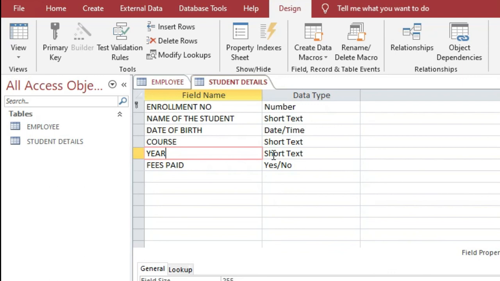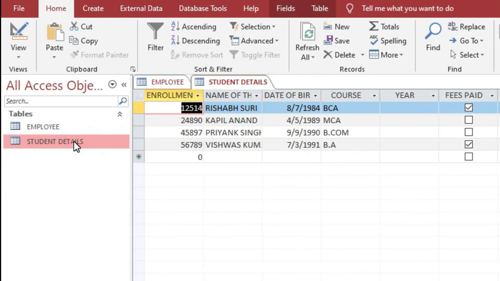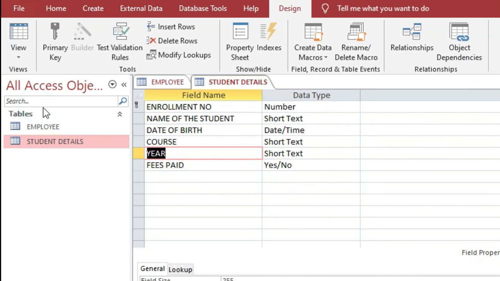Okay, now if you want to delete a field from the table, then again click on the student details table in the design view. Click on the design view after selecting the table, then click on the row that should be deleted.